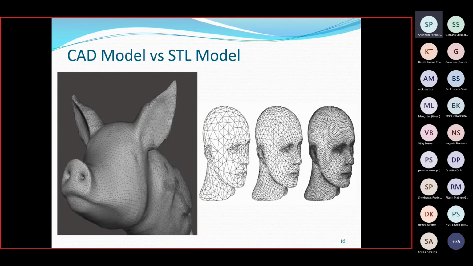See, this one has bigger triangles, okay, and less clarity, a less refined face. But when you generate more and smaller triangles, it has more clarity than this. When you generate more triangles, you have more clarity in this face.